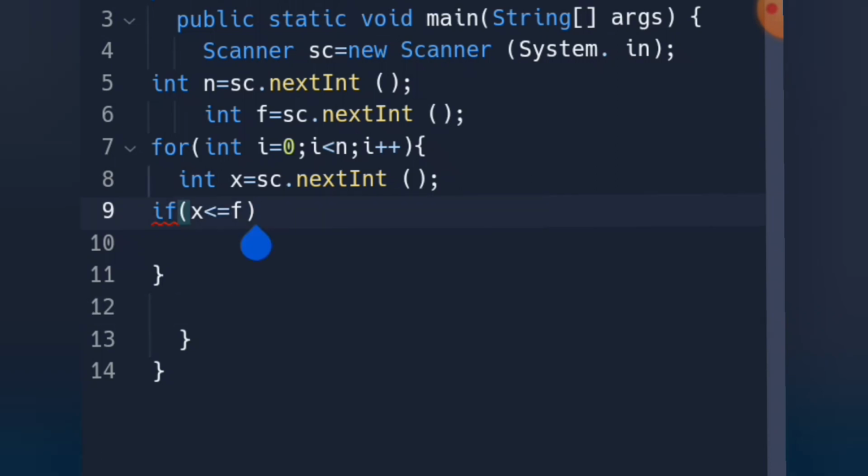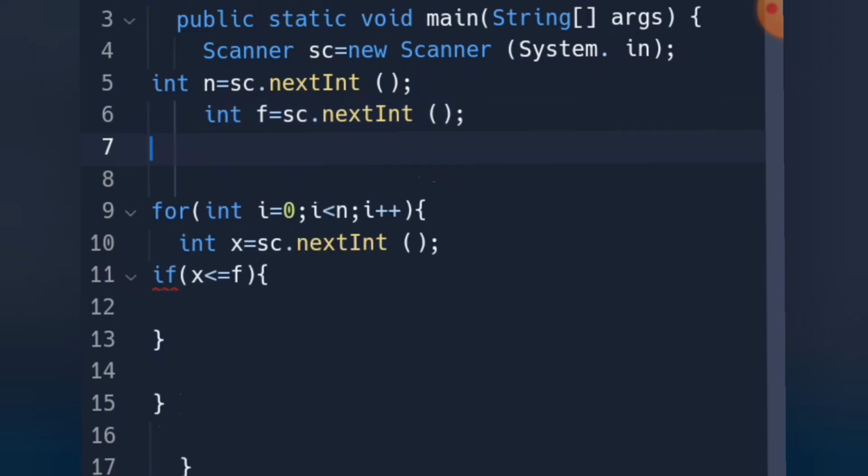So here we take a new variable c, of integer data type, and initialize it to 0. Then here we write c plus equals